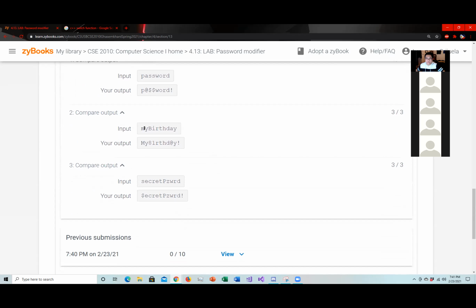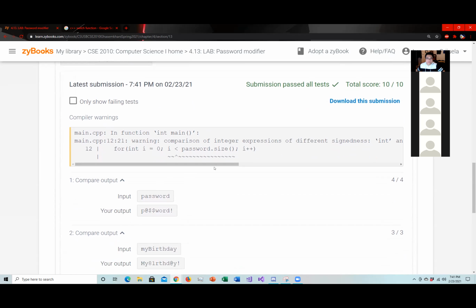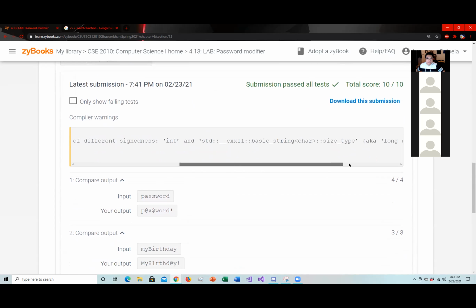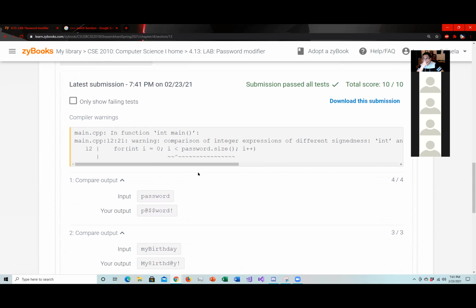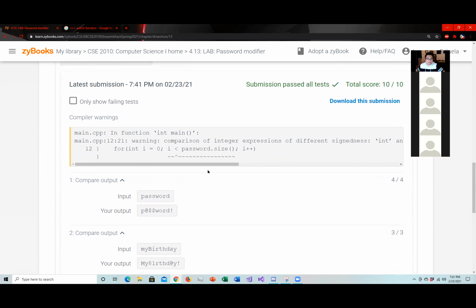So, what's up with that message that's at the top there? Oh, this is just a warning. It's not an error. Warnings are just telling you that it'll still work, but it might not work the way that you intended. So this warning says comparison of integer expressions of different signedness. Okay, so this warning is,